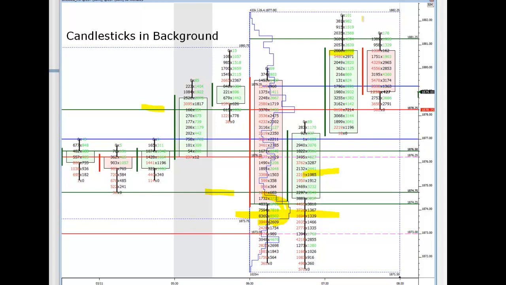Take a look at how little up here activity I have, and how the activity is actually decreasing significantly from what it was down here at this level. So the market isn't facilitating trade to the upside in this candle. So when I close down here and I take a look at the high, I would be somewhat leery